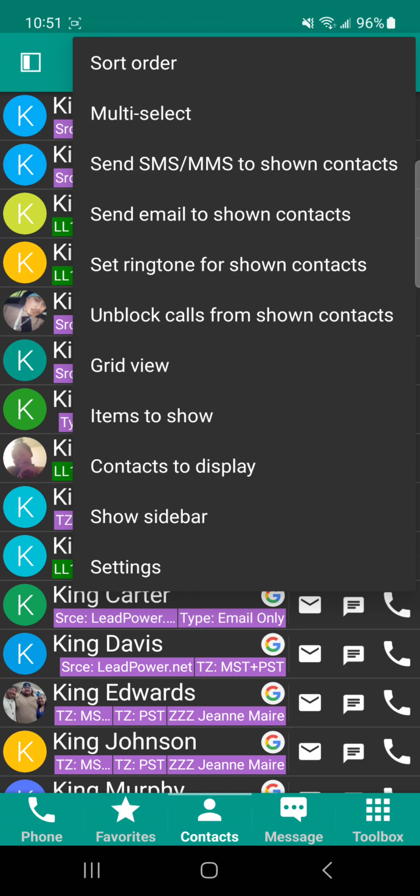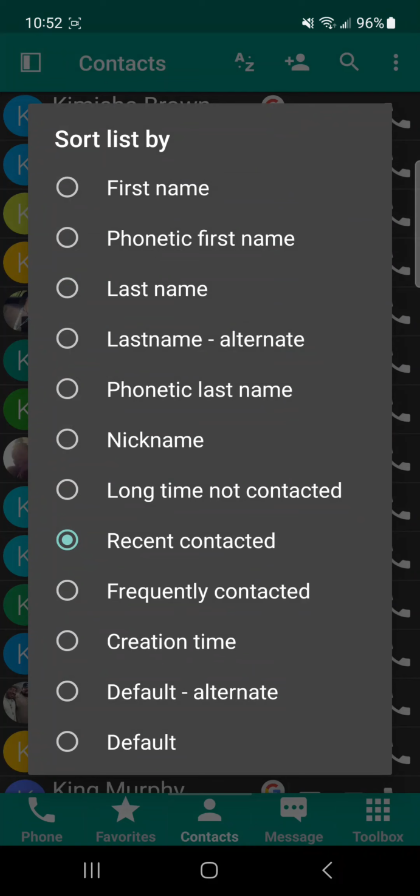Now these are the settings I generally prefer. I don't know every setting here. But you can see here at the bottom of this list, there's another settings menu, right? That's more of our main overall settings. This right here is just a general menu that we're in right now. If we go to the top item, it says sort order. Now if I hit that, it's going to ask me how I want to sort this list of contacts